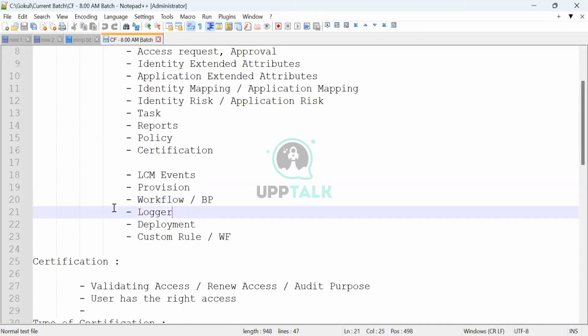I have to cover logger. In a real-time scenario, how are you going to print the logs whenever you are working on a custom rule or custom workflow? We'll talk about that. How do you want me to show it, the basic one? The log. In loggers also, we have a number of things, right?